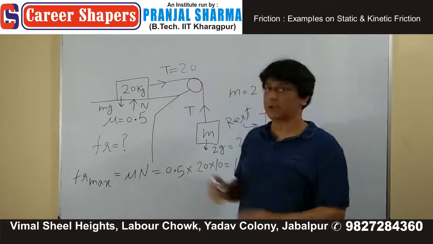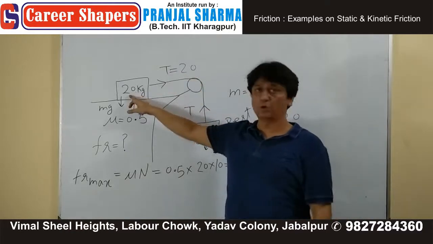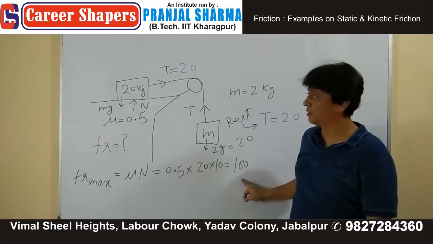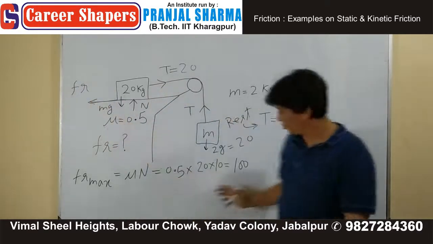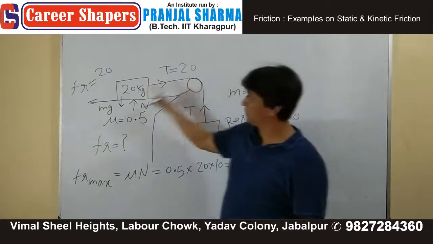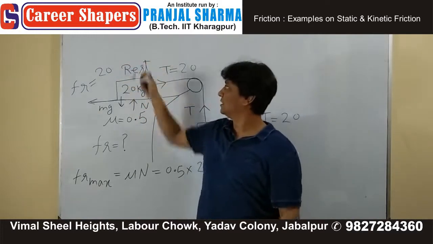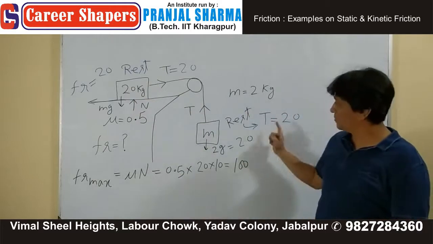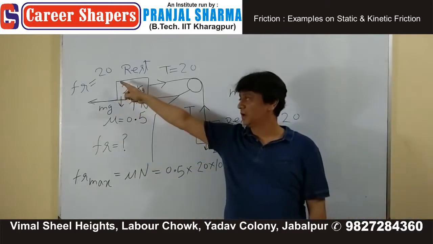What is T 20? अब अगर ये 20 है तो ये तो पुलिंग फोर्स है। इस 20 kg को कितने लोग खींच रहे हैं, 20। और इस 20 kg को रोकने वाले कितने हैं, 100। तो क्या इसको रोकने के लिए इस तरफ 100 आने चाहिए, आपको पता है नहीं, ये तो मैक्सिमम है एंड दे आर क्वाइट लेजी। तो फिर इस FR की वैल्यू क्या होगी, 20। This is 20, this is 20, इसका मतलब ये वाला 20 kg मूव नहीं करेगा, ये किस पर रहेगा, रेस्ट। Is it possible, yes. ये बॉडी अगर रेस्ट पर है तो ये भी क्या रहेगी, रेस्ट पर। आंसर, तो जब मास कितना था 2 kg, उस वक्त FR क्या था अपना 20।